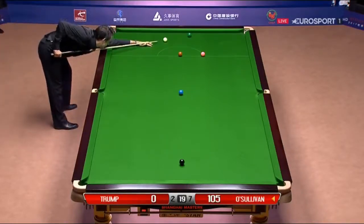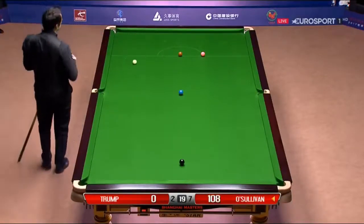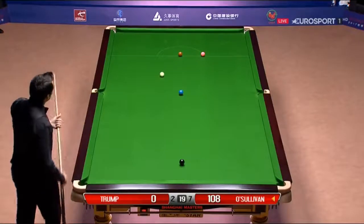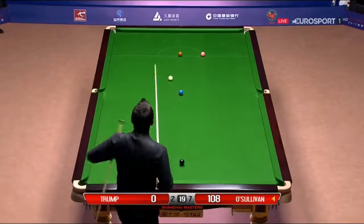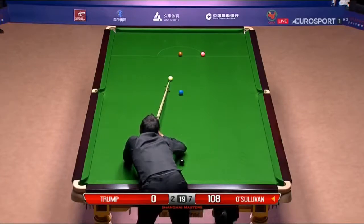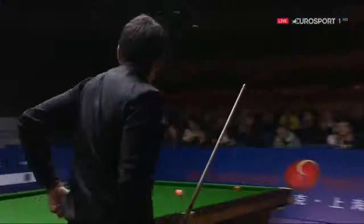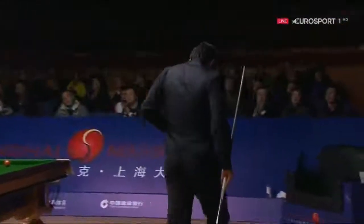Cueing quite superbly. 108. Possible 130 if he does clear up. No clearance, but that was a fine break. A real statement of intent from Ronnie O'Sullivan. He wants